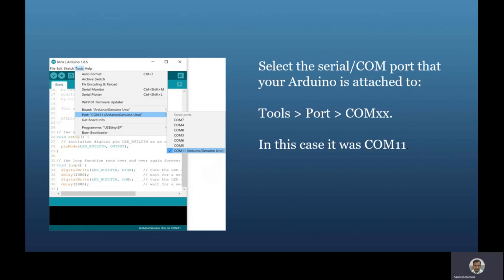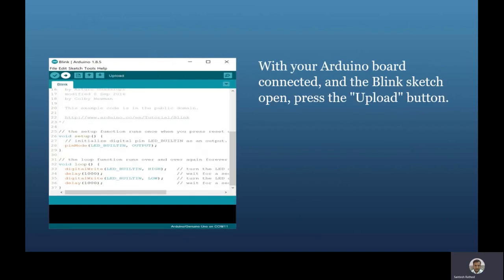With your Arduino board connected, after selecting the COM port and with the Blink sketch open, you have to press the upload button, with the arrow facing towards the right. That would upload your code after compiling and verifying.